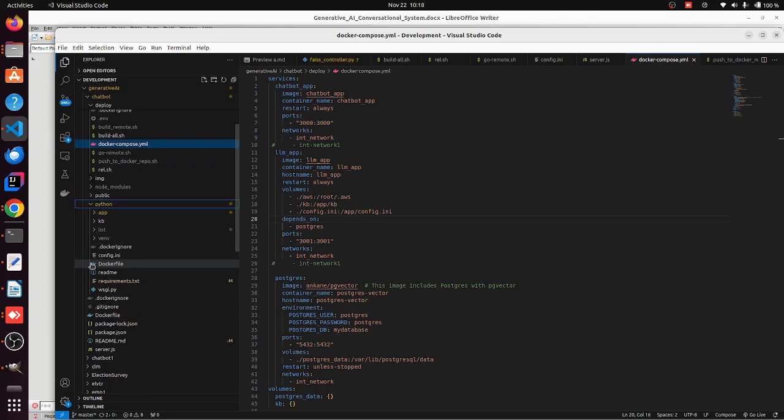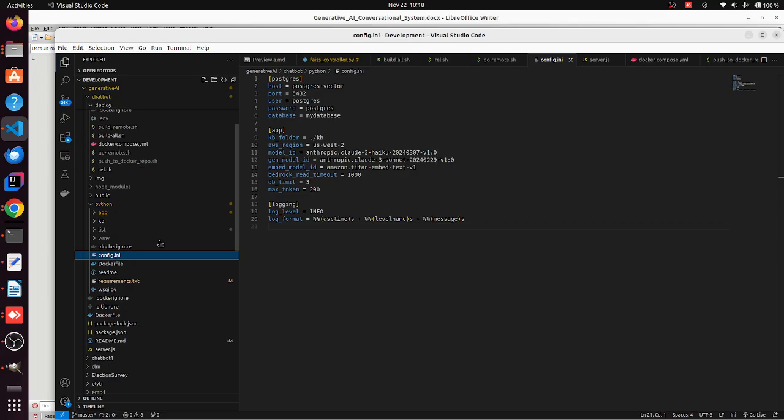If I go to the Python app, Python folder, go to configs, right? These are externalized. So I'm actually using a Postgres database with a vector plugin to store the knowledge base. So I build the knowledge base, which I'm going to discuss how I do it. So different folders are created. I think a future task is for me to create different folders